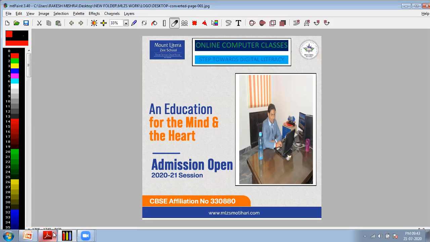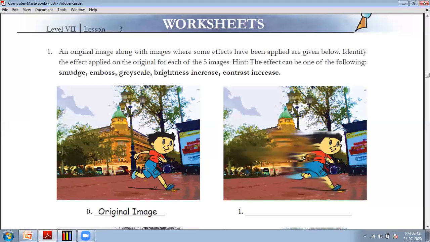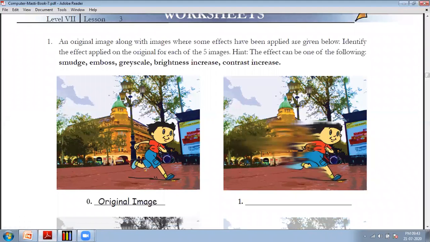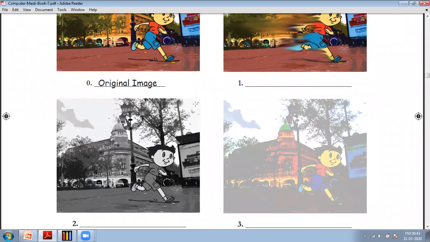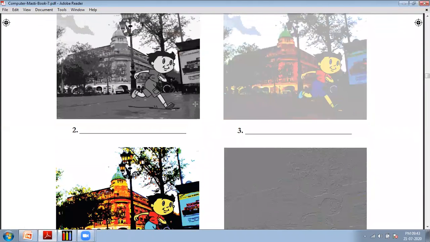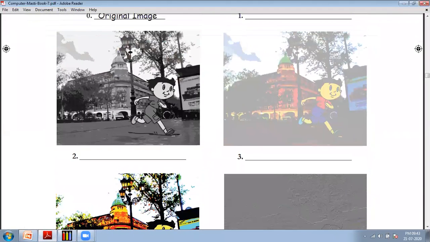So the first one is a smudge effect. For the second one, look at the picture and identify which effect it is.